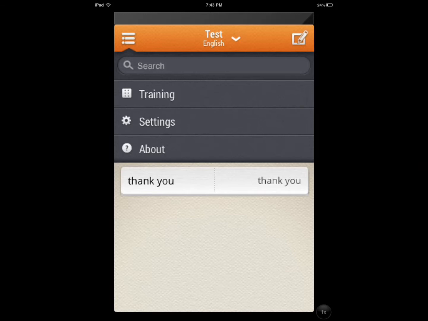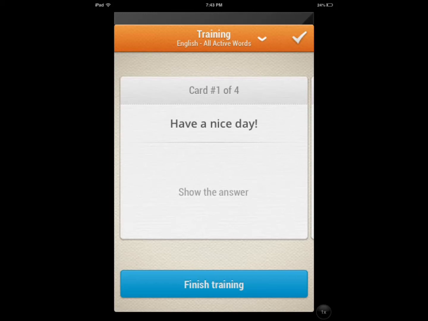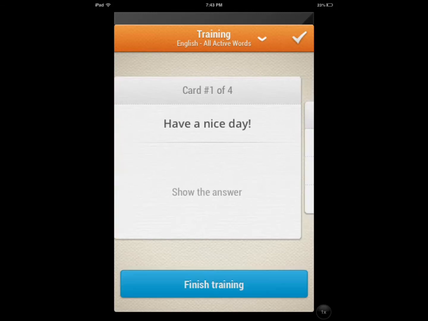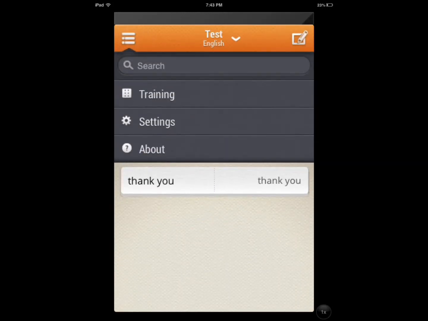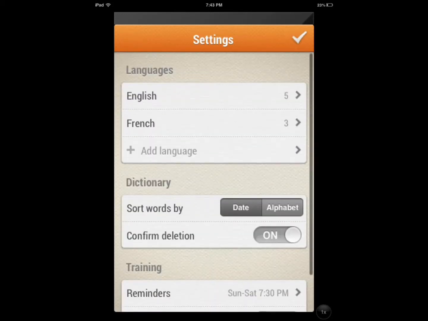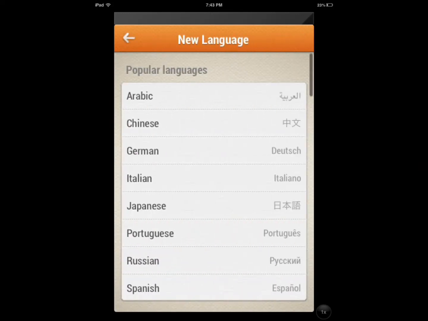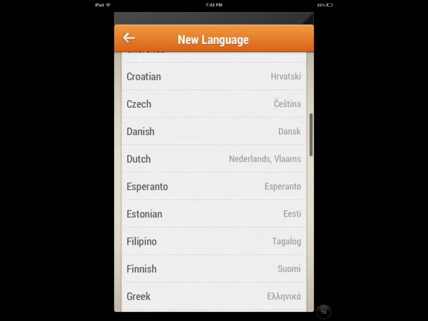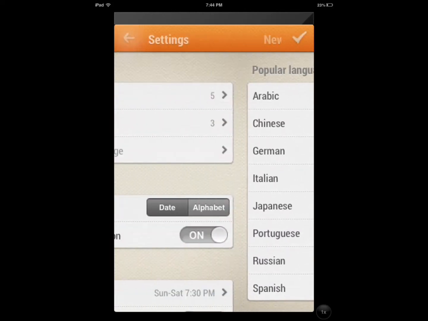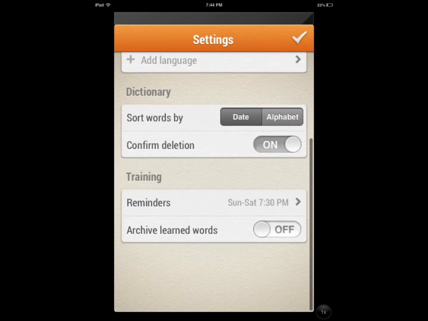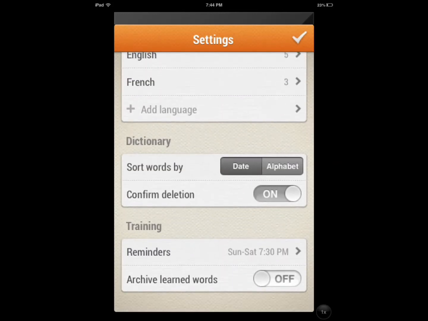You have your training option, which is you use the words that you have as flashcards to check your answers, see how many words you've learned, how many you need to practice, and then you can organize them. I'm going to show you that in a second. You have settings. You can add multiple languages, see all the languages that are available here, and it keeps track of the words that I've added, sorting words. You can set reminders for your training, because when you're learning a new language, if you're not practicing,